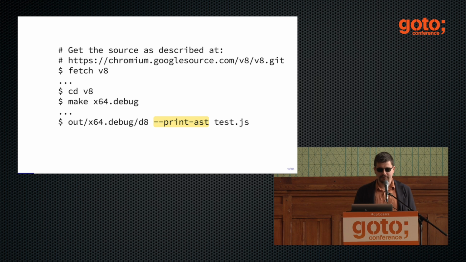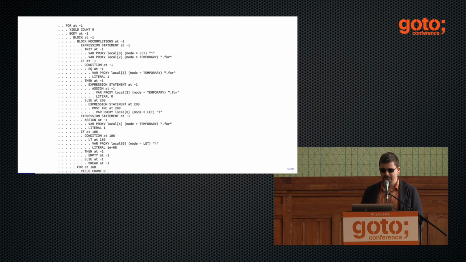And then I ran this version, passed the test file to it, and I asked it to print the abstract syntax tree that it builds for this code. And it looks kind of scary. It doesn't matter what is actually happening. I will say that a lot in this talk, because you really need to concentrate on some points in the code and not pay complete attention to what is happening.